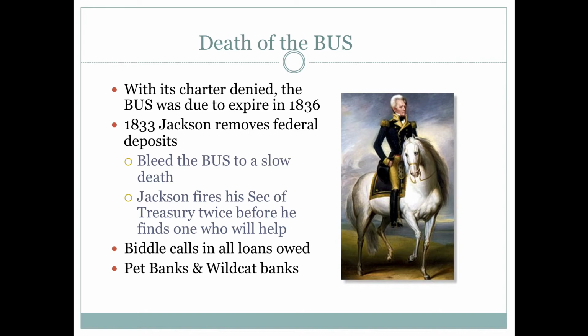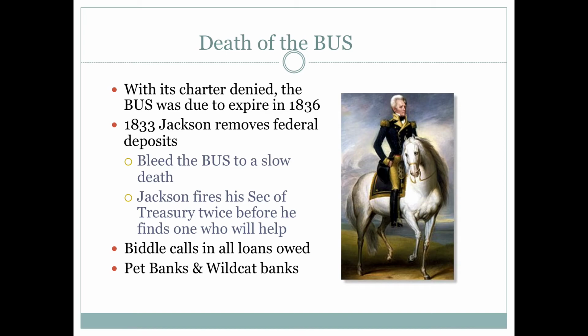Now, the interesting thing about the whole election, remember, the bank had a charter until 1836, right? Jackson didn't like the bank, but he didn't care about the bank either until Clay made it an election issue in 1832. So Jackson vetoes the recharter bill, but the bank still had four years to go. And the thought is, well, in four years, they can come up with another charter bill, and perhaps by that time, they can get it passed.